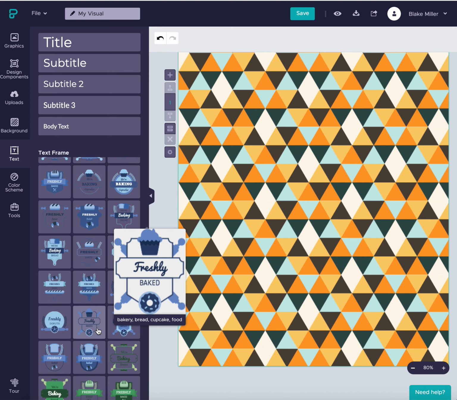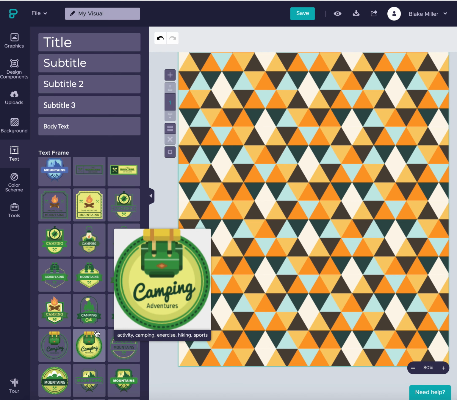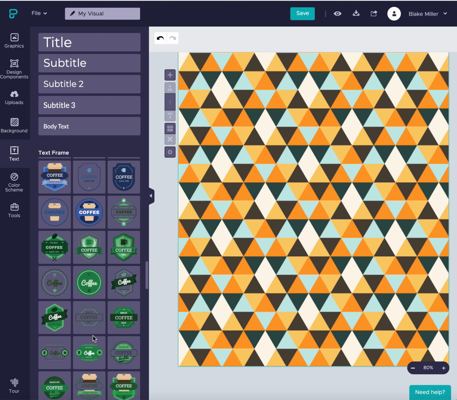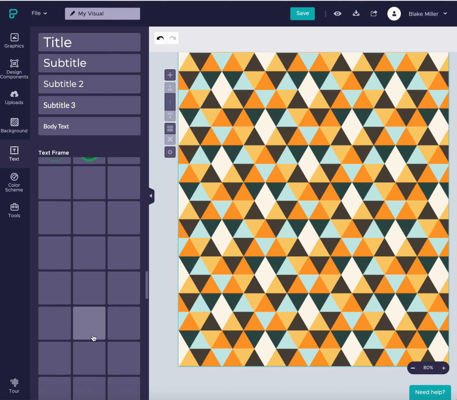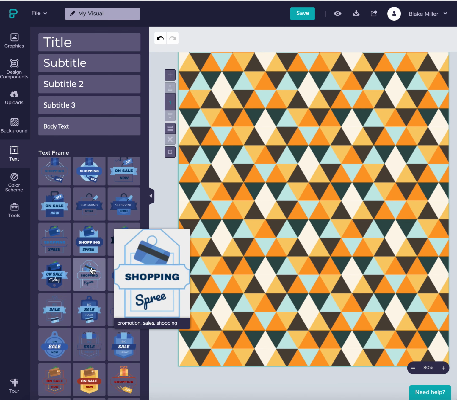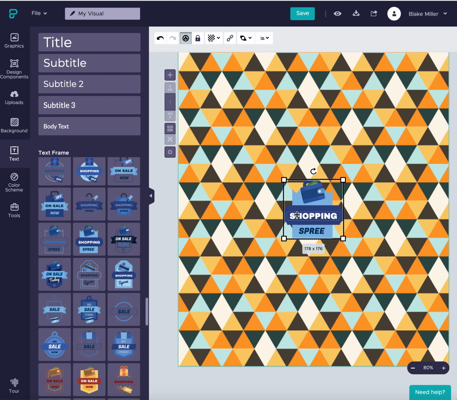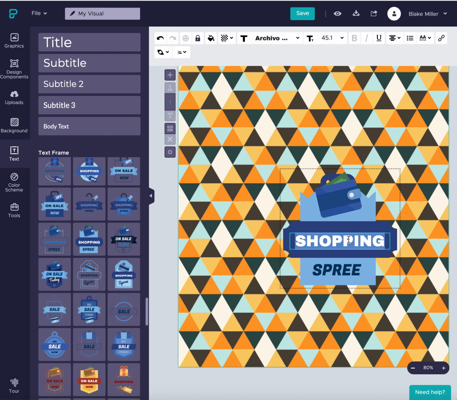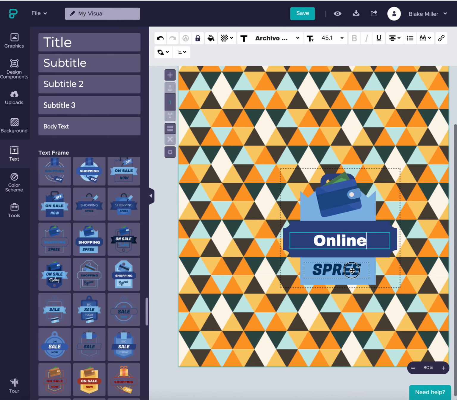Yep, so you've got all sorts of options. There's all these to go through here. Then I'm going to use, we all love coffee, science, all right? Shopping, that's my favorite. So I click on it, I can resize it, and then I can change the text. If I double click, I can change it to online,